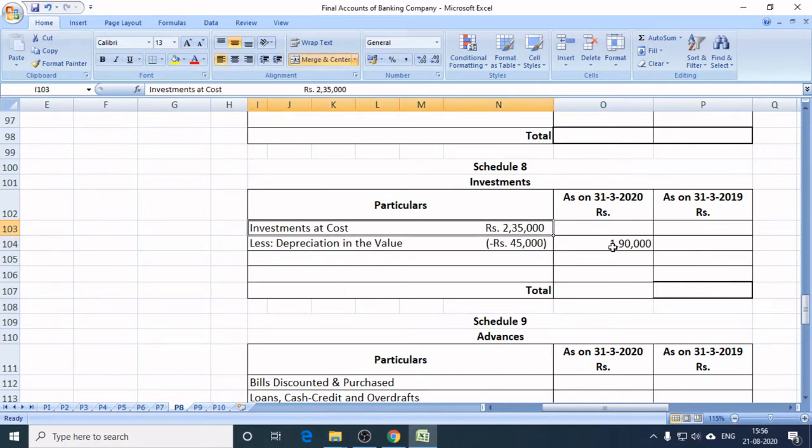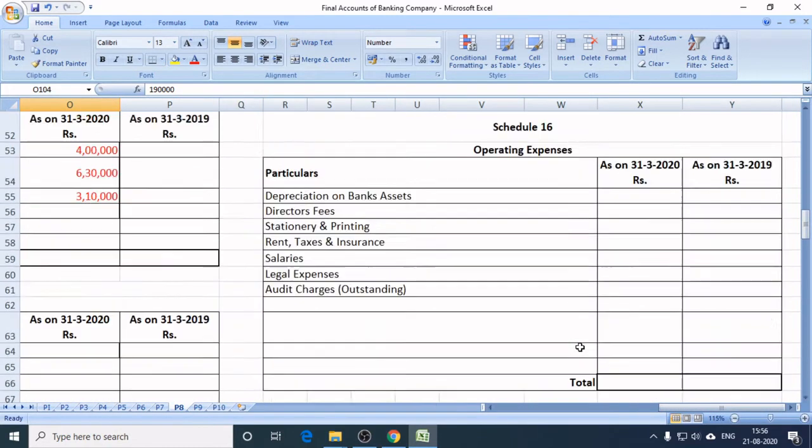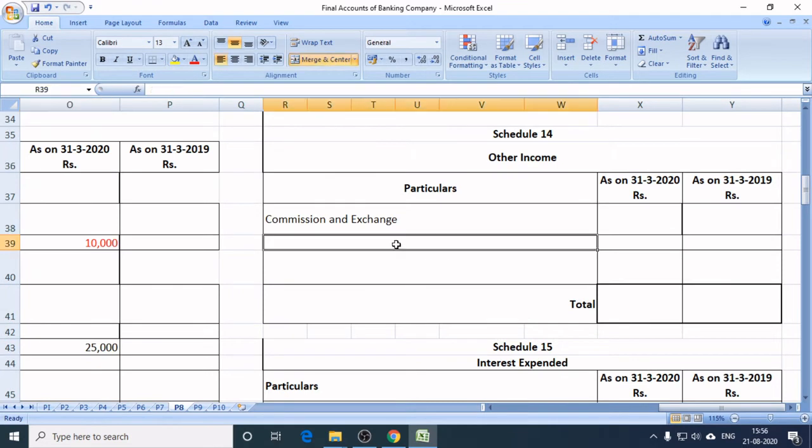इन केस लेट से इसी प्रॉब्लम में इन्वेस्टमेंट फ्लक्चुएशन फंड हमें नहीं दिया है, तो हम क्या करेंगे? 2,35,000 इनर कॉलम पे दिखाएंगे, 1,90,000 कैलकुलेशन पर्पज के लिए कंसिडर करेंगे। जो भी 45,000 का लॉस हुआ है वो लॉस हम दिखाएंगे शेड्यूल नंबर 14 में। और कैसे दिखाएंगे? यहाँ पे हम टाइप लिखेंगे लॉस ऑन रिवैल्यूएशन ऑफ इन्वेस्टमेंट। लेकिन इस प्रॉब्लम में हमें इन्वेस्टमेंट फ्लक्चुएशन फंड ऑलरेडी दिया है, इसके लिए ये इफेक्ट यहाँ पे नहीं आएगा। ये इफेक्ट तब आएगा अगर इन्वेस्टमेंट फ्लक्चुएशन फंड प्रॉब्लम में नहीं दिया है।